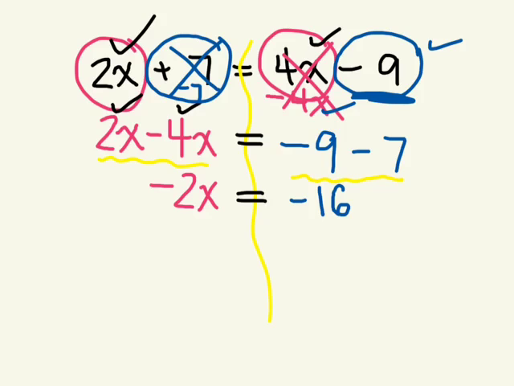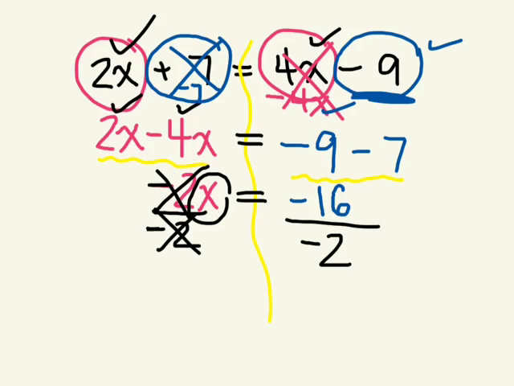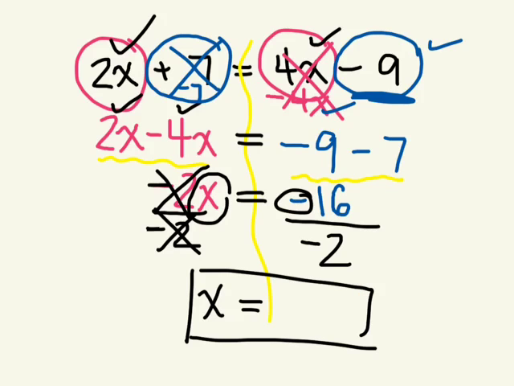No, you have to divide by 2. Good. We want to divide both sides by negative 2. Right. You want to get rid of everything in front of the variable. So I have to divide this side by negative 2, because we want to be left with just positive x. I don't want to be left with a negative x. I want to be left with x. So x equals, what's a negative divided by a negative? Positive, and 16 divided by 2,